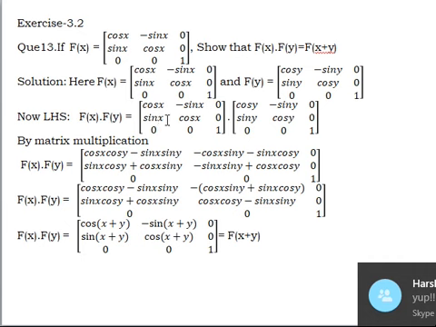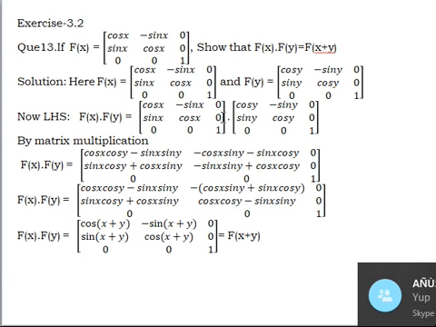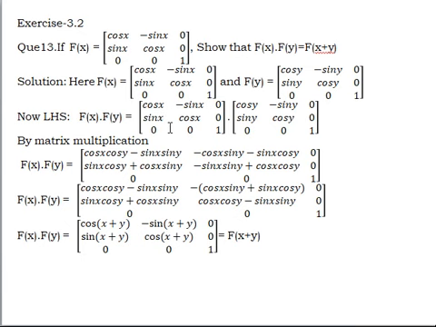Similarly, when we multiply second row first column, we will get this expression. When we multiply second row second column, then we will get this expression. And when we multiply second row third column, we will get 0 because each corresponding element is multiplied with 0. And similarly, when we multiply the third row with first column, we will get 0, third row with second column 0, and third row with third column. When we multiply corresponding elements of third row with third column, first element is 0 multiplied with 0, 0 multiplied with 0 and 1 multiplied with 1. So we will get here 1.